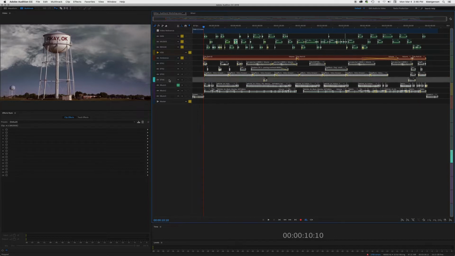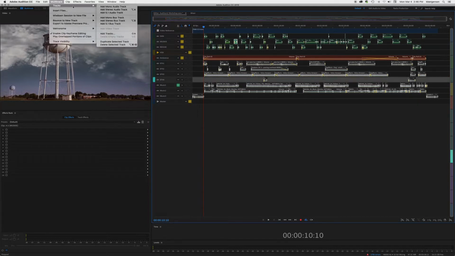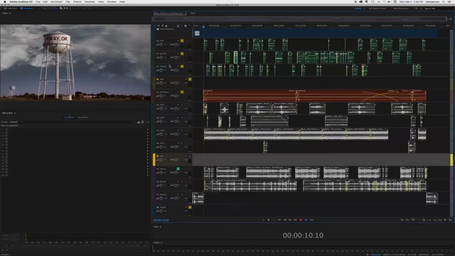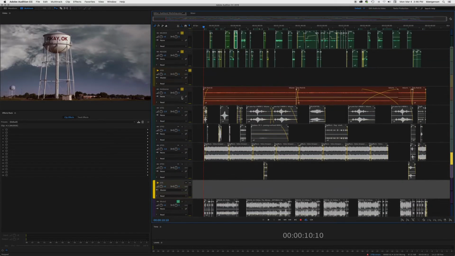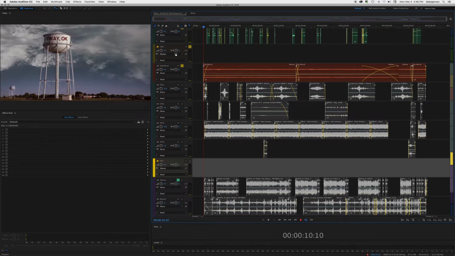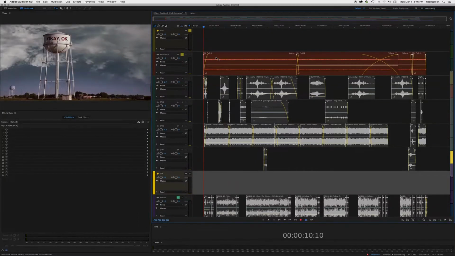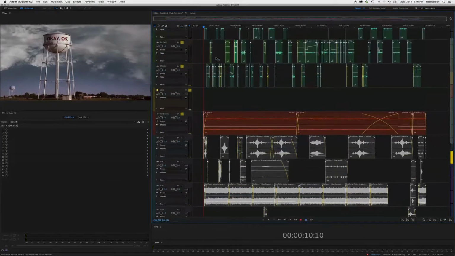And so I want to add another stereo bus track. We'll call that SFX. And we'll drag on the mouse to make it fat again. And so if you drag here, it changes the size of the track, and if you go up and down on the mouse here, or the trackpad, it'll move you through there,